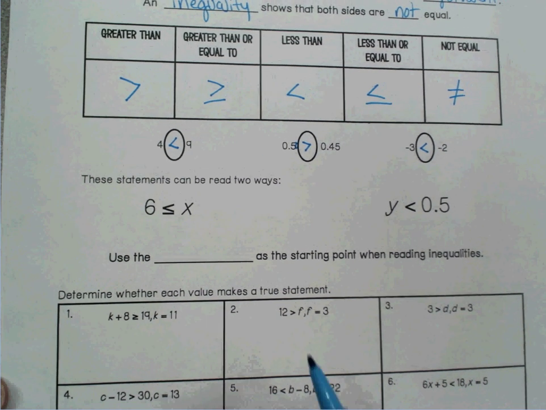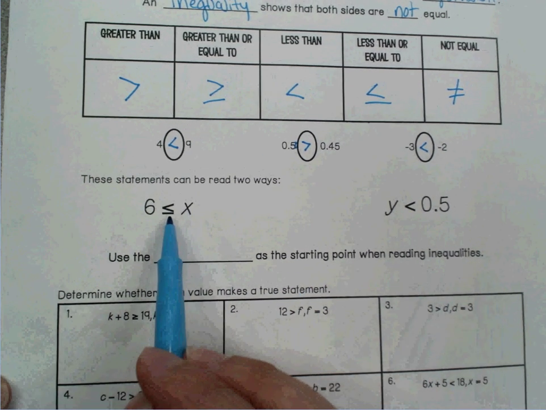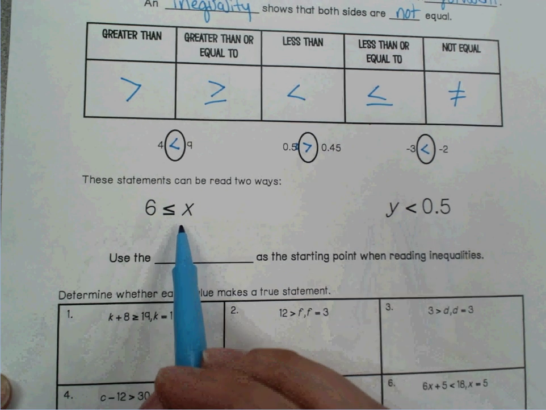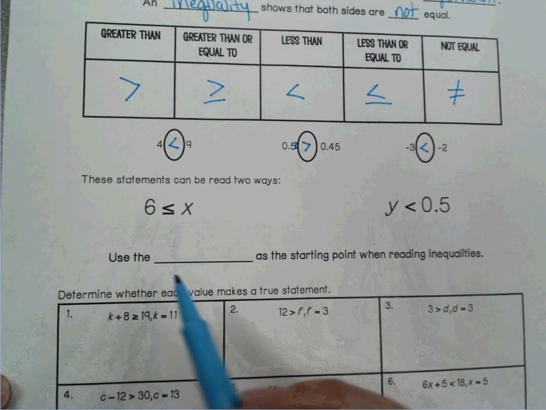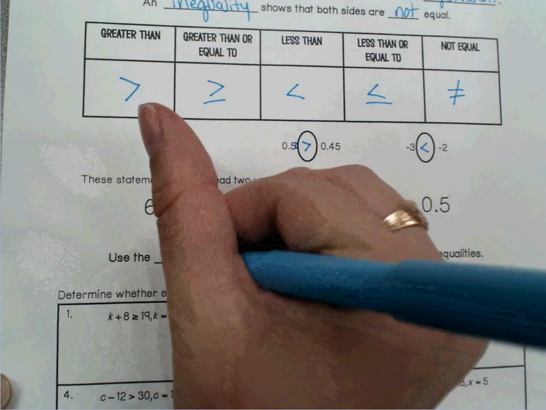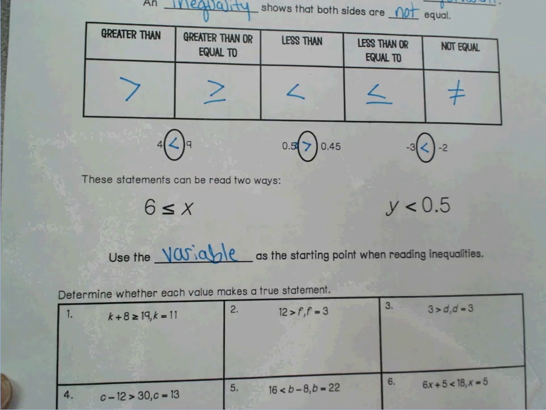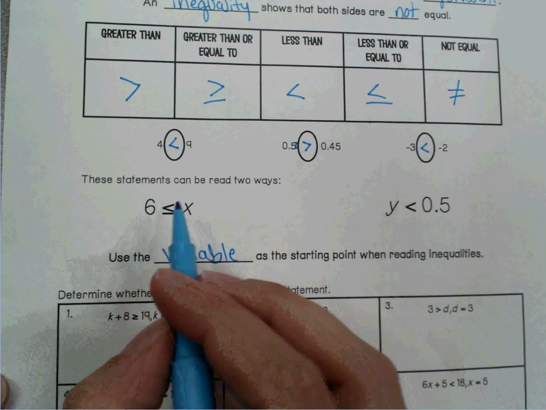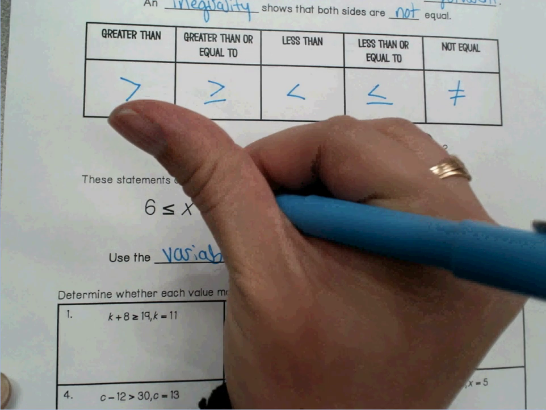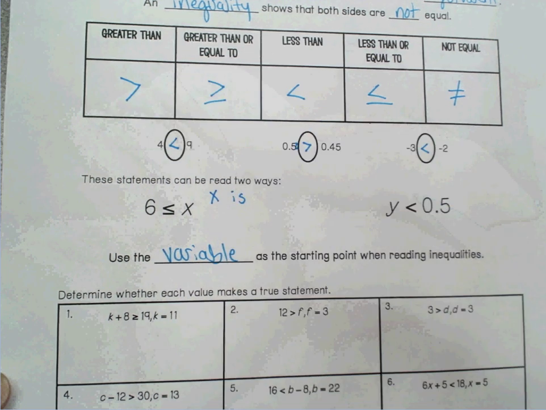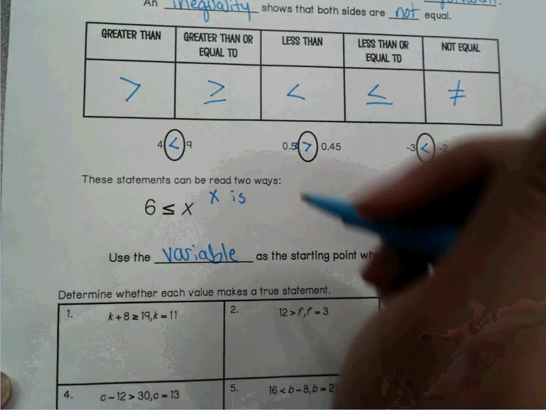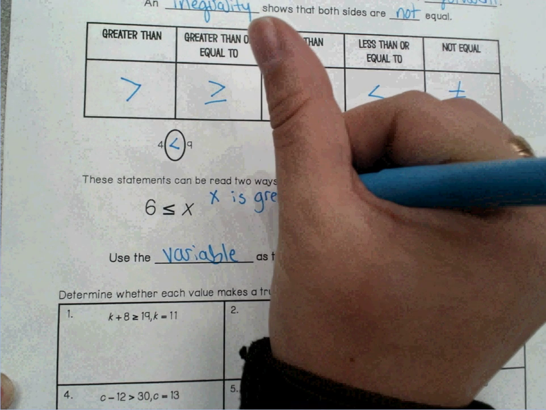Now, when we look at these inequalities, we might see them either this way or this way, with the variable first or the variable last. When you read these, use the variable as the starting point. It'll just help you read these and solve these. So for this one, even though 6 is first, I want us to read x first. So when we read this, we would say x is, and then it's opening up towards the x. So x is greater than